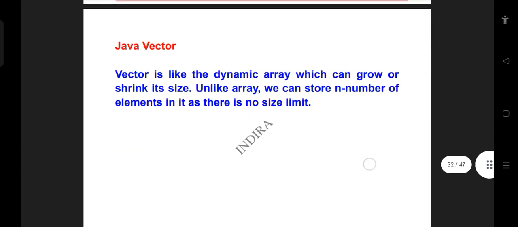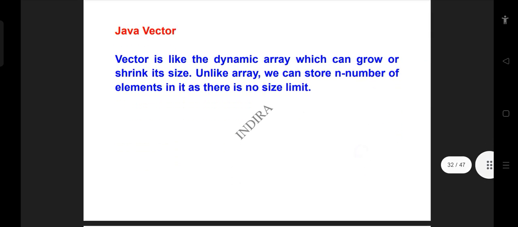And the next one is Java Vector. Vector is like a dynamic array which can grow or shrink in its size. Unlike an array, we can store n number of elements in it as there is no size limit. So here vector is like an array only. In an array, what is the function of that array? An array stores the data. That means the number of elements we can store in that array